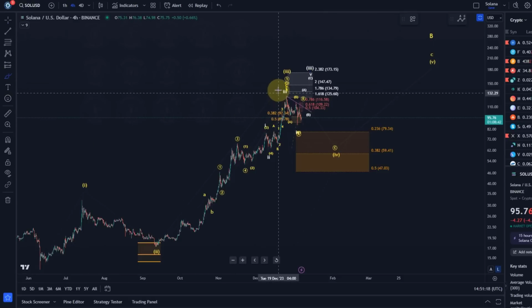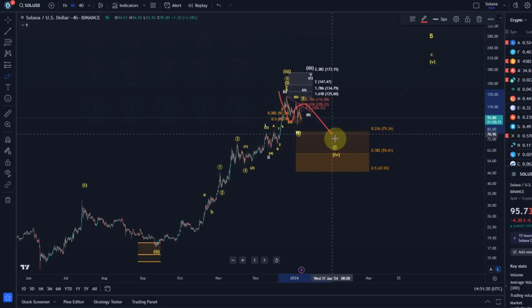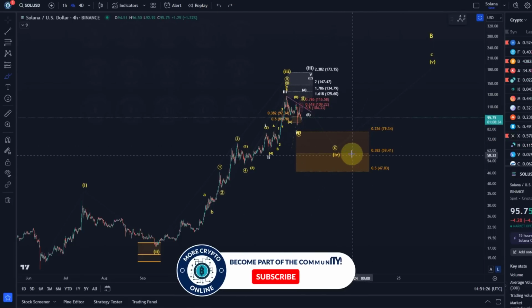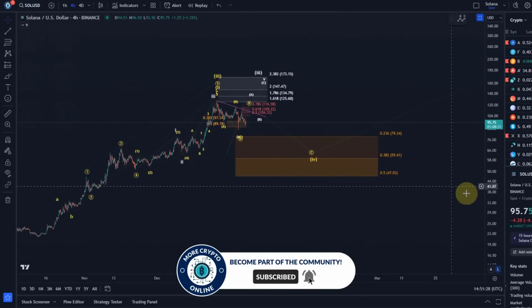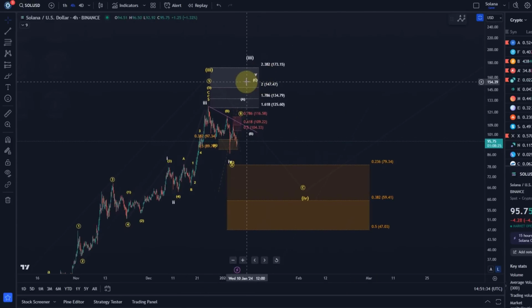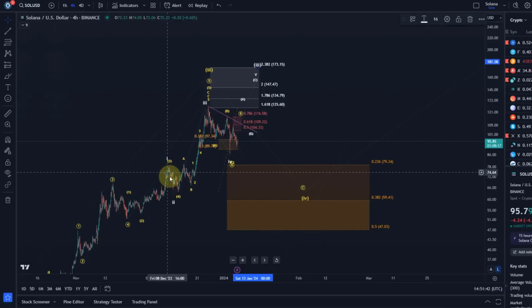Short-term bearish means we are already in the wave 4 and could see a few more weeks of correction in wave 4, possibly closer towards the support area. Or the short-term bullish scenario indicates that wave 3 could get one more extension, and I still think it would look better with one more high. But obviously the longer this correction goes, the more I will assume that the yellow count is playing out, because the wave 2, which happened between the 9th of December and the 13th of December, is quite short, and there should be a certain proportion.